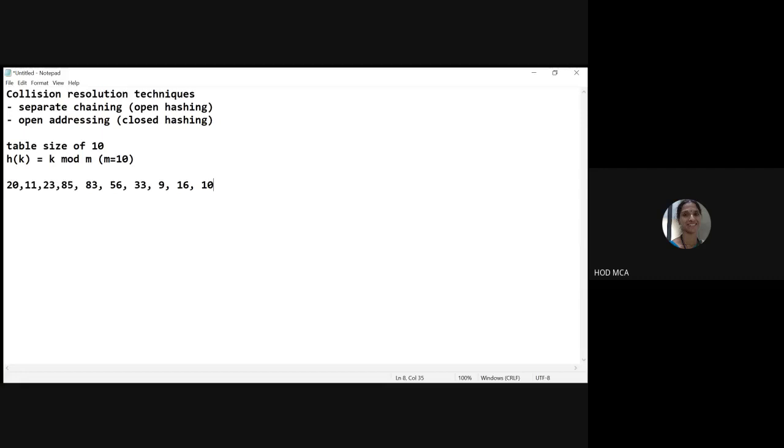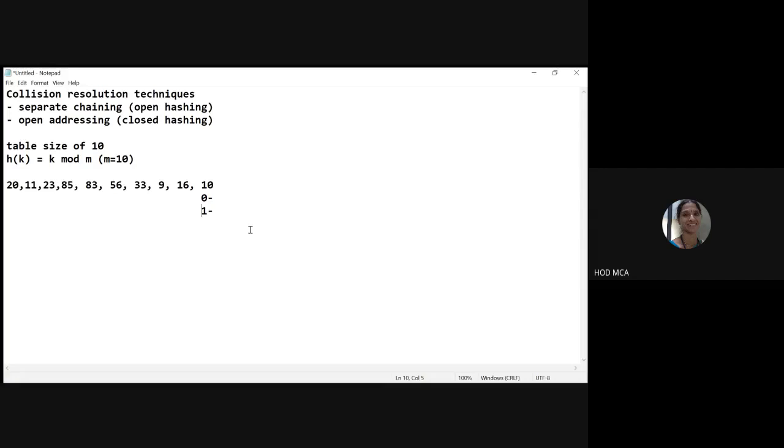So separate chaining means what? Whichever slot has a collision, for that particular slot we are going to create a linked list and store those particular values as each of the nodes, right? So that is what separate chaining is. Now let us take each of these. Now if you observe here, m is equal to 10, so that means my hash table should have 10 locations. Let me take that 0. As I told you in the last session, this is my hash table. I'm trying to represent it this way.